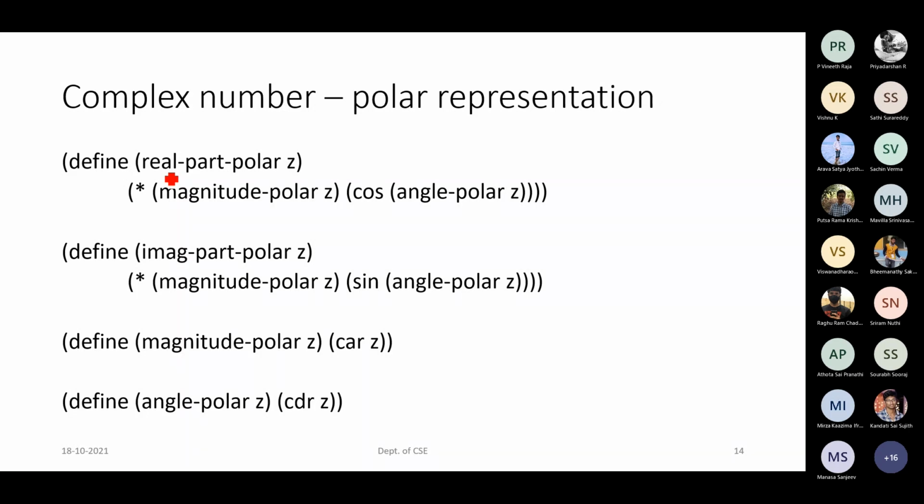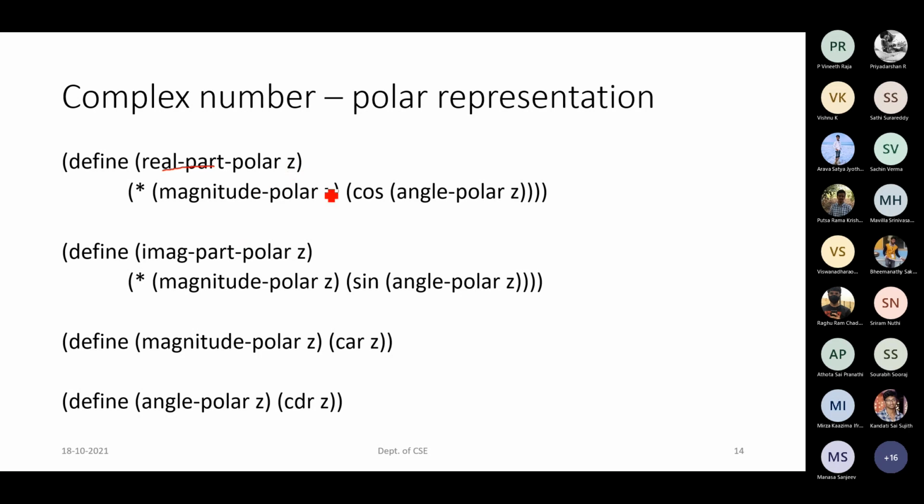When we have to calculate the real part, that is, when you have to add two complex numbers, it is better if it is in the rectangular form, so that the formula we apply will be a simple one. So if you have to apply this real part, we have to make a conversion. Your complex number is in the polar form representation, but it has to be converted to the rectangular form. So what formula can we use? We can make use of the formula extracting the magnitude part from the complex number.